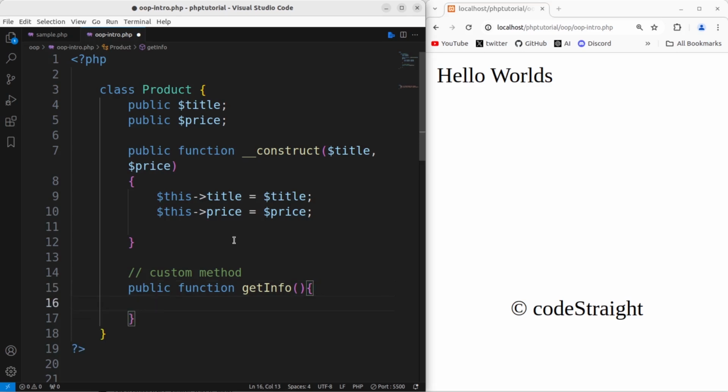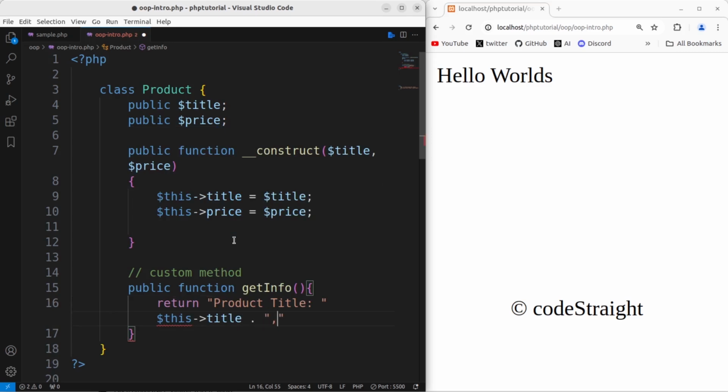Let's go to the next row, and the function of this method will be to return a text or a string that's going to be the product title, and here I'm going to concatenate this title followed by